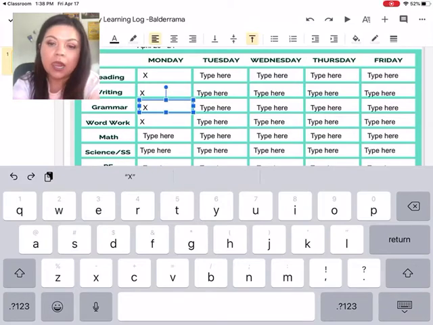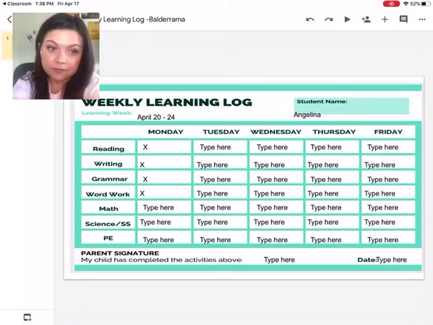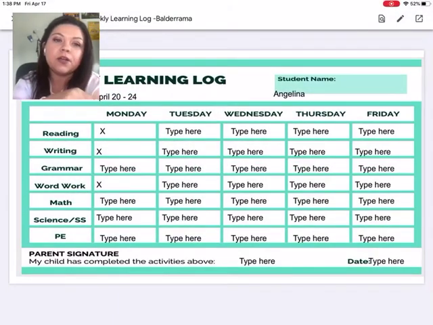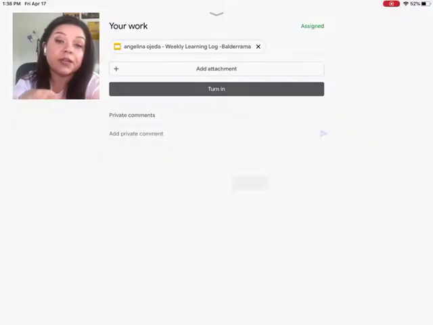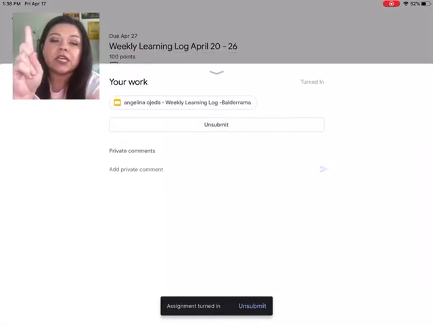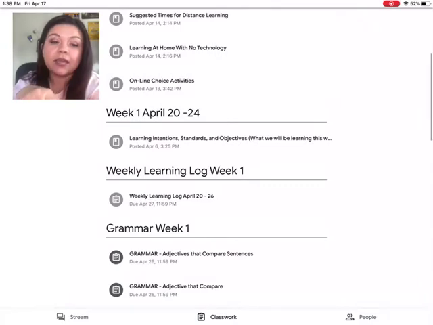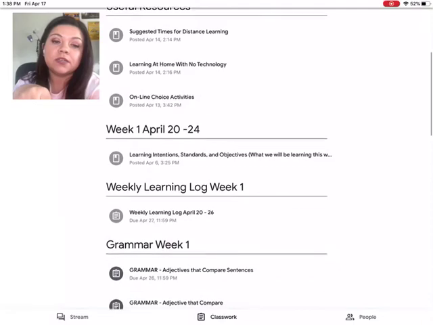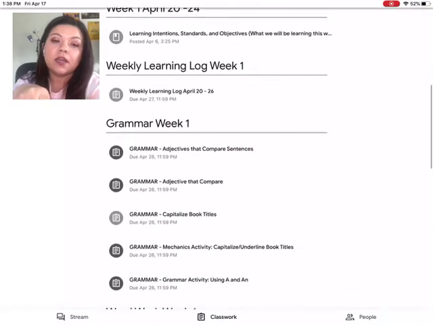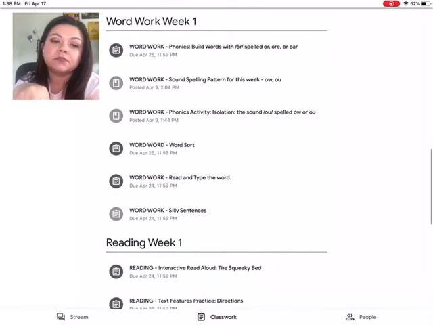Okay, and then you get rid of your keyboard, click the check mark, click the left arrow, X, swipe down. Oh, sorry, I turned it in, you're not supposed to turn it in, and I'm going to go back to that in a second. So then you swipe down, and let's see, so there's your grammar activities, word work activities,